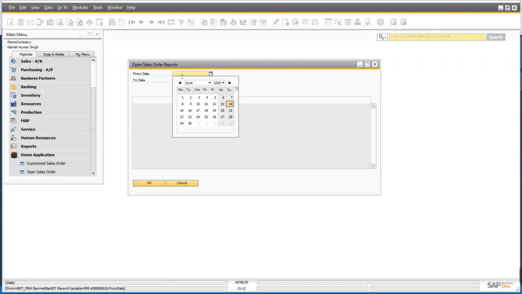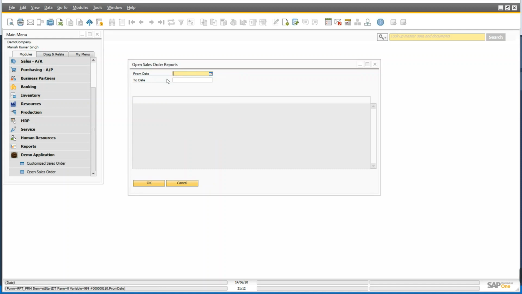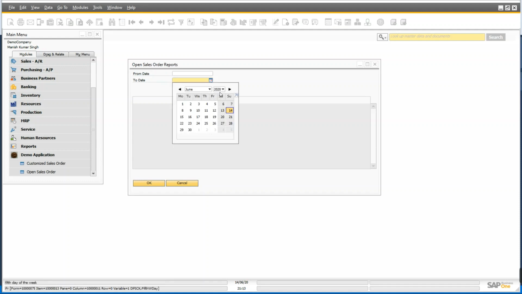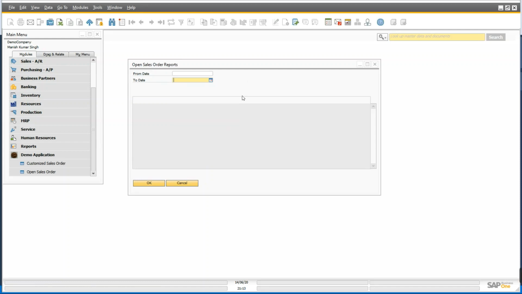Due to binding the field with a data source named from date of type date, this calendar is showing here. Similarly you can see this calendar here too because we have bound this field with the user data source toDate. So you have seen this.